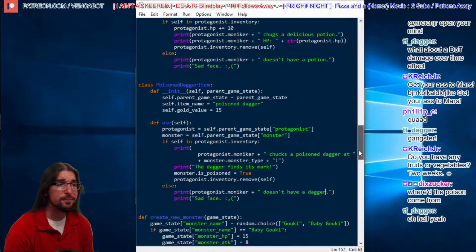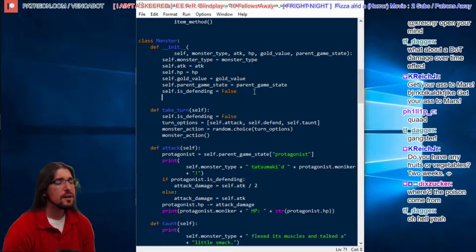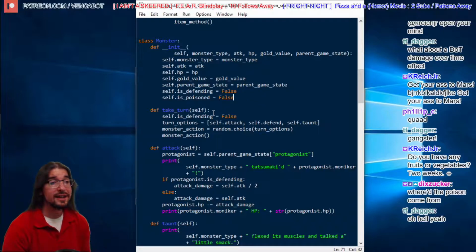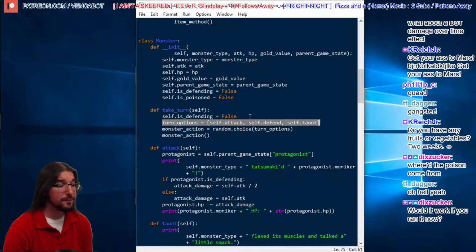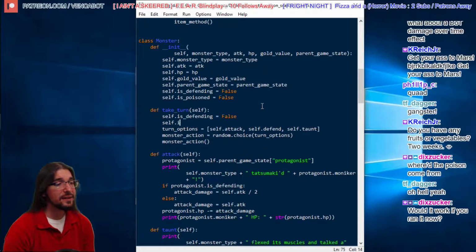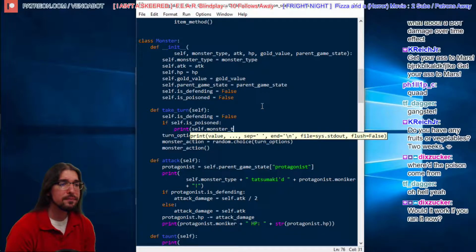Let's go up to our monster now, right? This monster object right here, let's give it a new value. Self.isPoisoned equals false. So by default, the monster is not poisoned, right? But whenever it takes a turn here, at every turn it takes, we say, if you were defending, stop defending, and then choose a random option from your turn options. You can either attack, defend, or taunt. That's the monster's turn, right? However, now we can say, if self dot is poisoned, then print self dot monster type plus